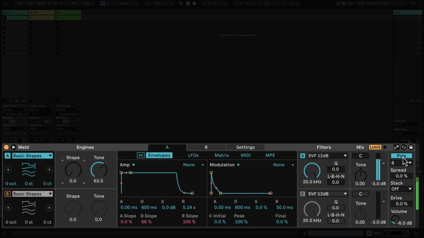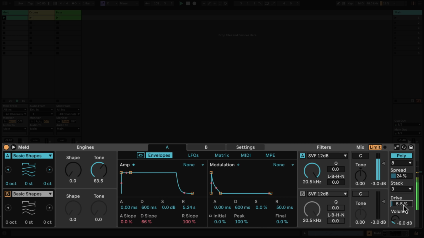I can switch from polyphonic to monophonic so that only one note is played at a time, and enable or disable legato mode, which chooses whether envelopes get re-triggered if one note overlaps into another. If I turn up spread, by default it randomizes the detuning and panning of each individual note. If I turn on stack, copies are created for each note with their own modulations, filter, and engine.